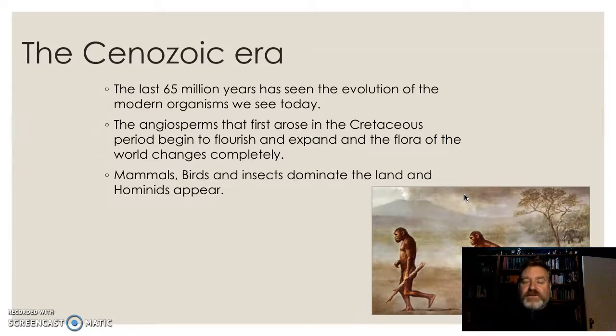So that massive extinction of the dinosaurs created, in time, a huge array of possible niches for more things to grow into. And so the angiosperms, the real flowering plants, started to appear, which again allowed insects and birds to feed upon them and mammals to feed upon them, because the angiosperms produce fruit. So all of a sudden there's an abundance of food, and suddenly we get an abundance of mammals, birds, insects, and obviously we start to appear, or our ancestors start to appear. So the Cenozoic's a major period of flourishing of life and diversity of life on the planet.